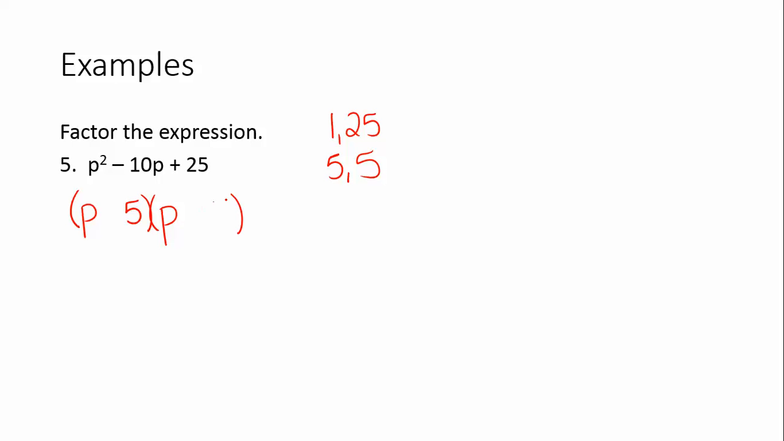That's going to give me that 25 for my last term. But now we have to talk about the signs, and this is where it's a little different than the first few examples. We have a positive 25. Remember, a positive C means that the signs are the same. So if you have a positive C, signs are the same,